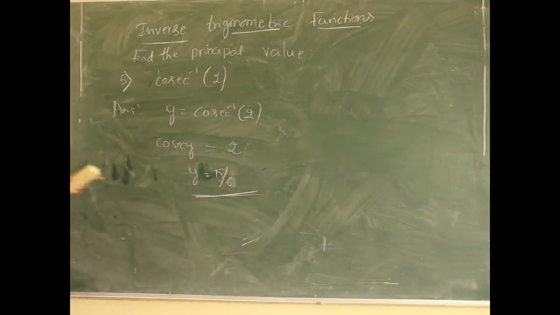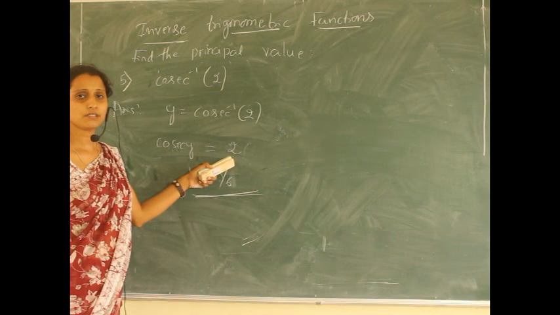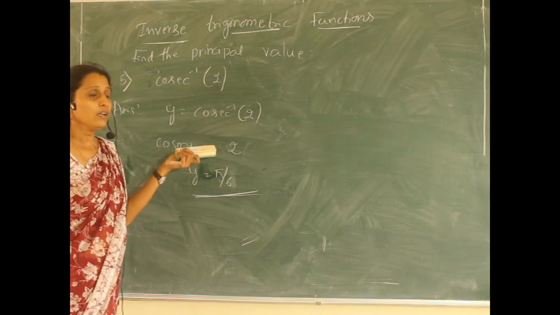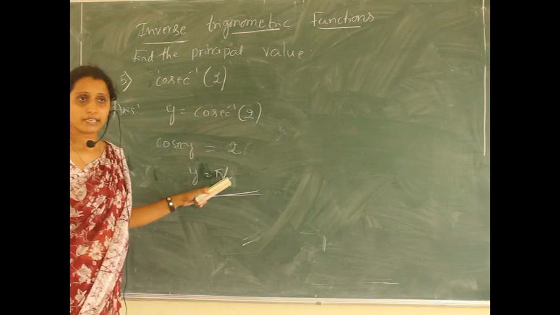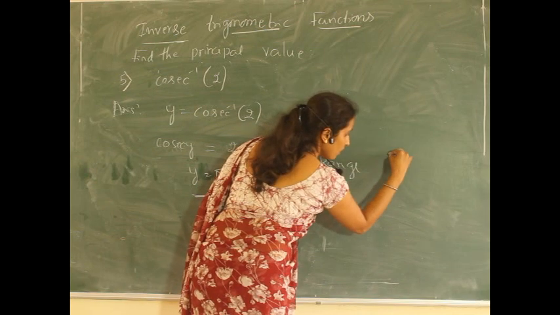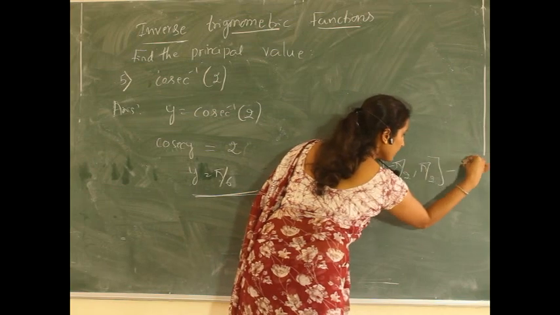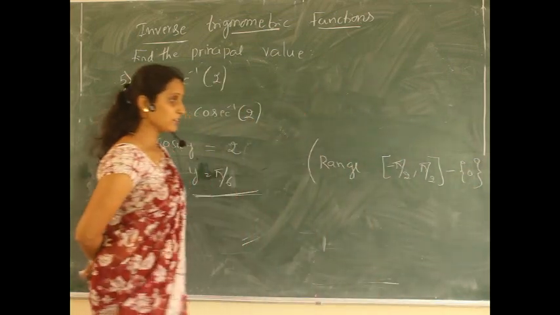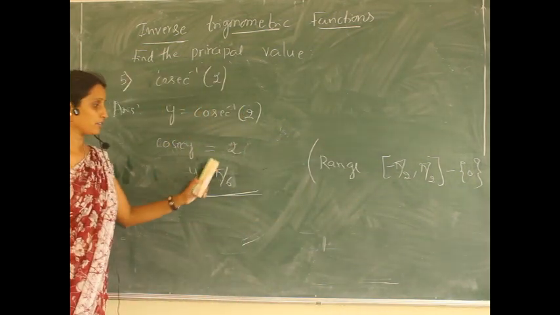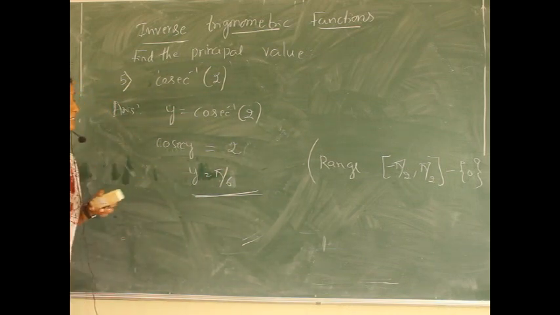And also we have to see that cosec is positive. Cosec is positive only in the first and second quadrant. So either we can take the angle in the first quadrant or second quadrant, but what is the range of the cosec inverse function? Minus pi by 2 to pi by 2, excluding 0. That means which quadrants? First and fourth quadrant. So we cannot go for the second quadrant. The answer should be in the first quadrant. Therefore only y is equal to pi by 6. So this is the answer for the next question.